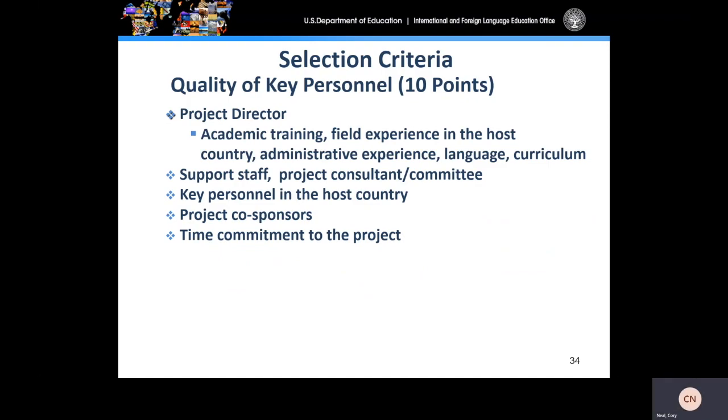Applicants should also provide host country key personnel qualifications. These can include administrative staff, language teachers, assessors, or evaluators. Please be sure to include their titles, their project responsibilities, and their time commitments to the project. Applicants should also show, as part of their institution's non-discriminatory employment practices, how employment from underrepresented groups will be without regard to race, color, national origin, gender, age, or disability. In the appendices section, the applicant should upload abbreviated curriculum vitae, which should be no more than 3 pages for key personnel.